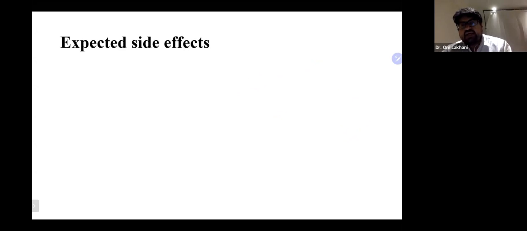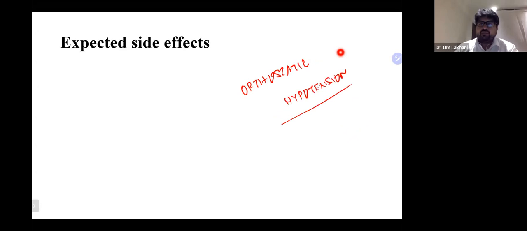What is an expected side effect? One very common side effect, and that is the reason why we prescribe this at bedtime, is that it can cause orthostatic hypotension, right? It can cause it a little bit initially, and you have to be careful. Remember, these are elderly patients, and if they fall from a standing height and they've just started teriparatide, they'll fracture again, right? So you have to be careful. Orthostatic hypotension is an expected side effect.